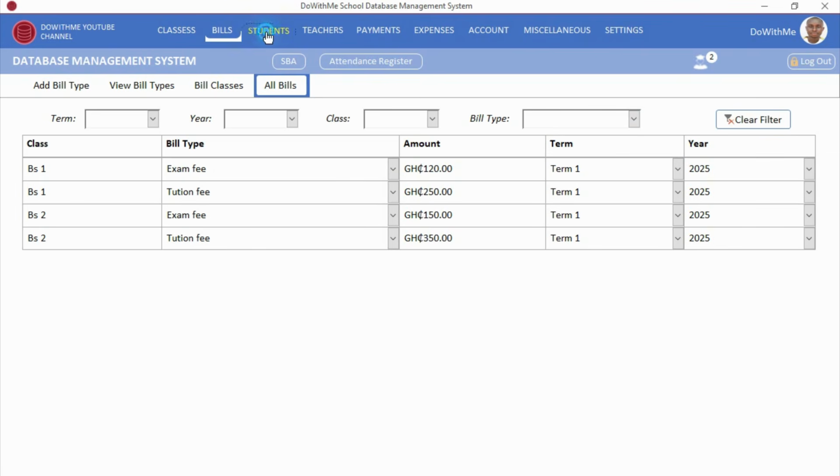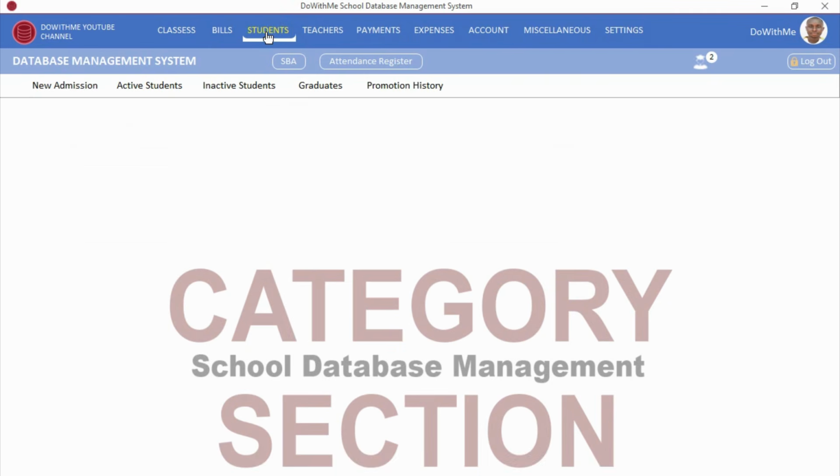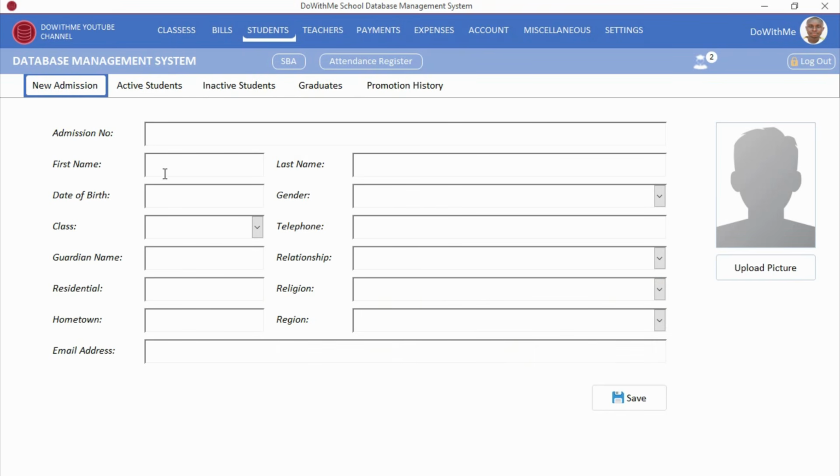Now we come to students. So for the student management, the first one, come to new admission. So in the new admission, you enter the first name, last name, date of birth, all the details you enter here. When you are done, in case you have